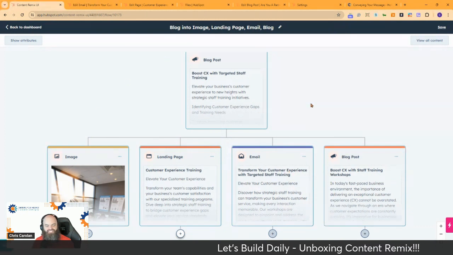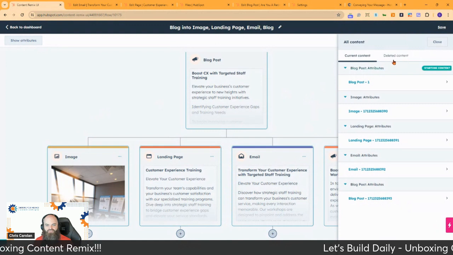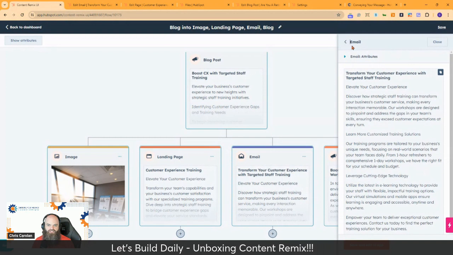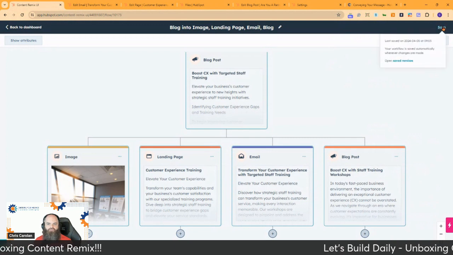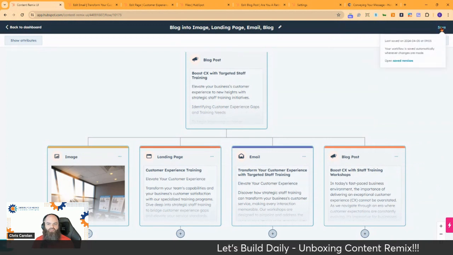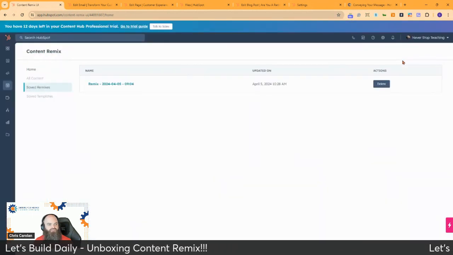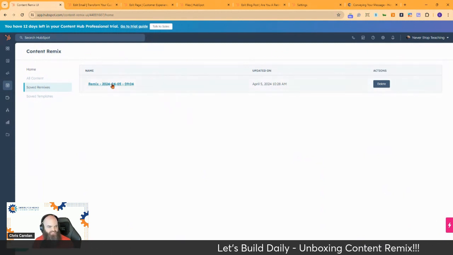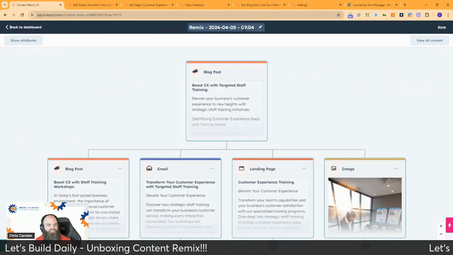I'm only one level down and there are more pluses to hit, more stuff to make. We view all content. I'm curious, so let's just save it. I think the workflow is saved automatically whenever changes are made. Okay, so we open saved remixes. It brings me back over there. Maybe I wasn't ready to do that, but it's also not seeing, didn't catch my rename,